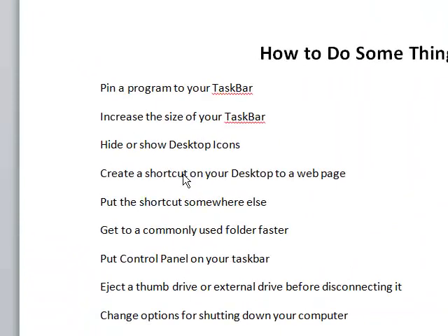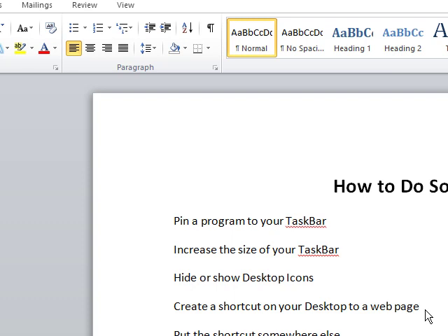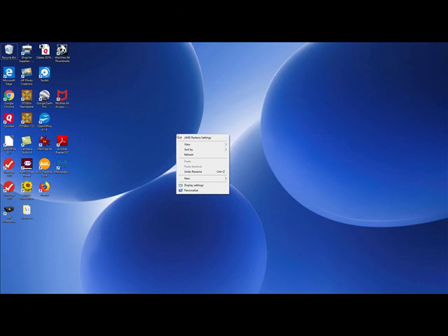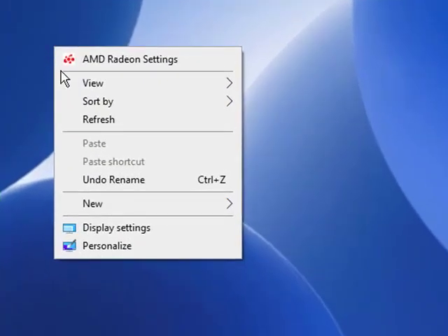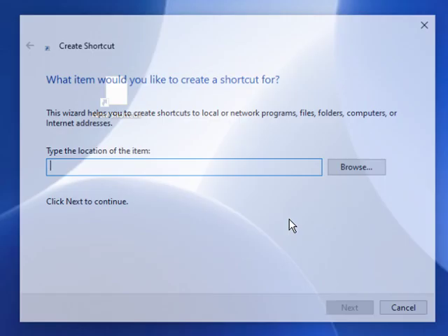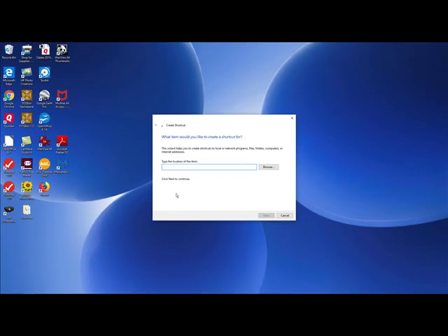Now, how do you create a shortcut on your desktop to a web page? Well, go to your desktop, right-click on your desktop, and go down to New and choose Shortcut. Left-click on that, and you will get a box into which you're being invited to type the name or the location of the item, which can be a URL for your